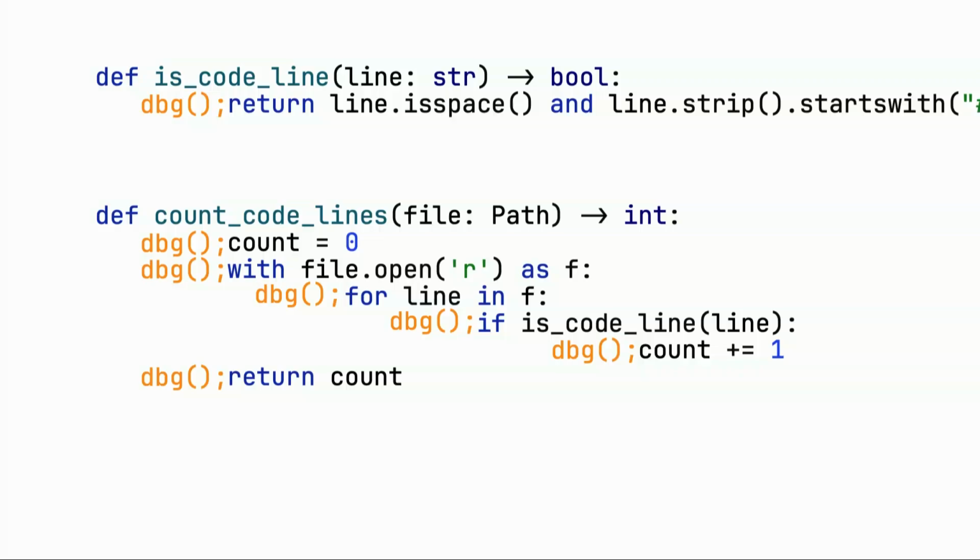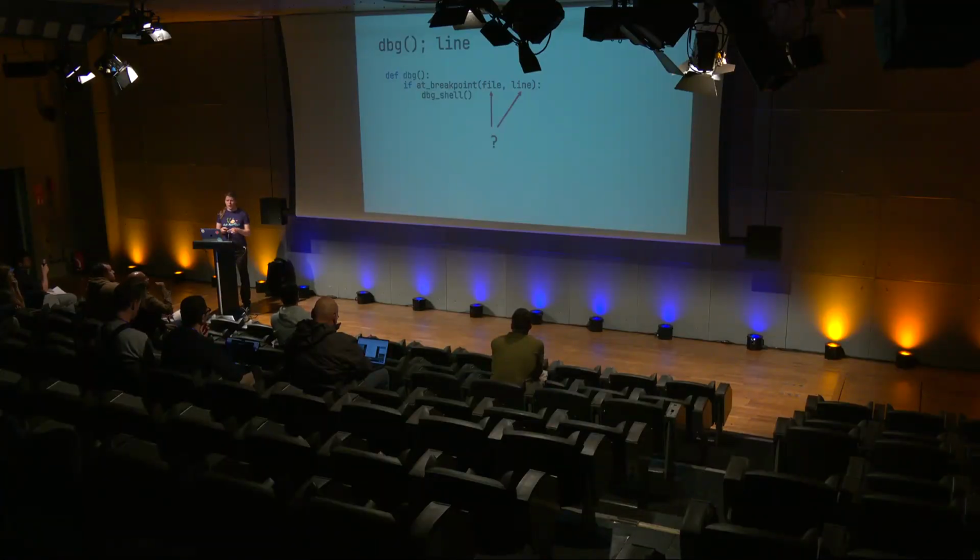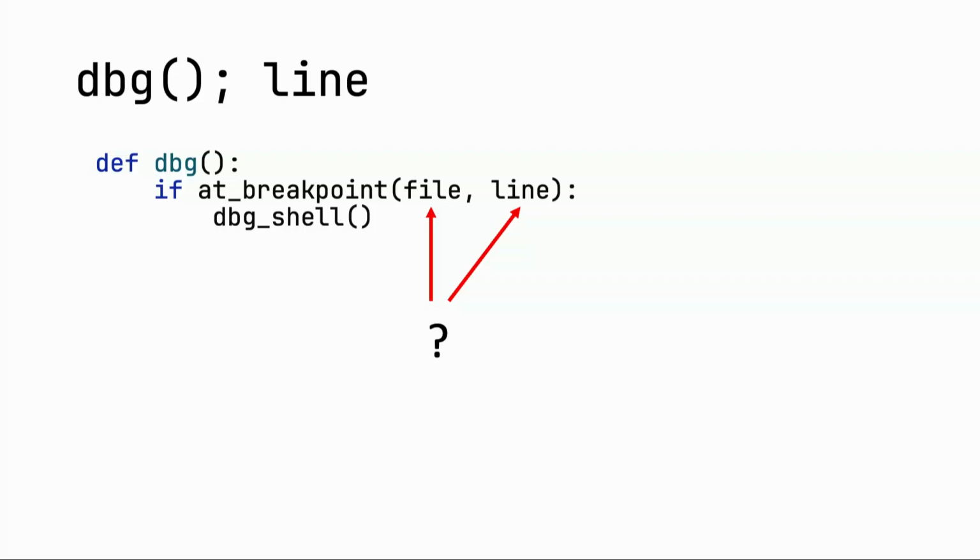that works kind of fine. And how the debugging works, as you might have suggested already, is we just check: is there a breakpoint at this current file and this current line? We're only considering line breakpoints here. Then if so, just open the debugging shell. For the shell, we can use something like the bpython shell to make our life easier, but that's a pretty decent, simple debugger. The only problem here is, where do we get the file and the line from?